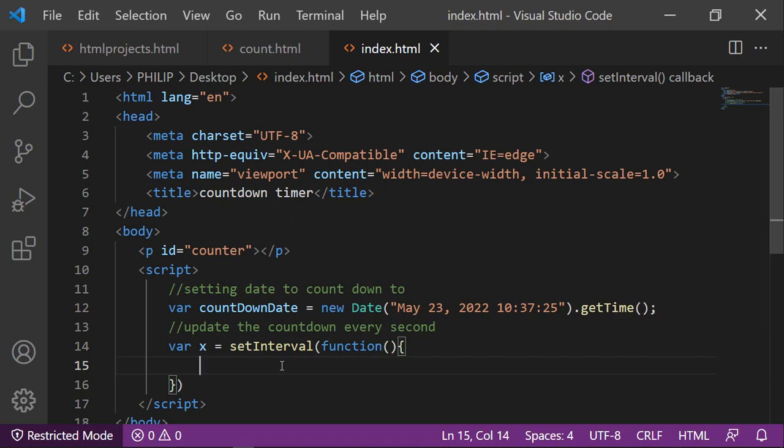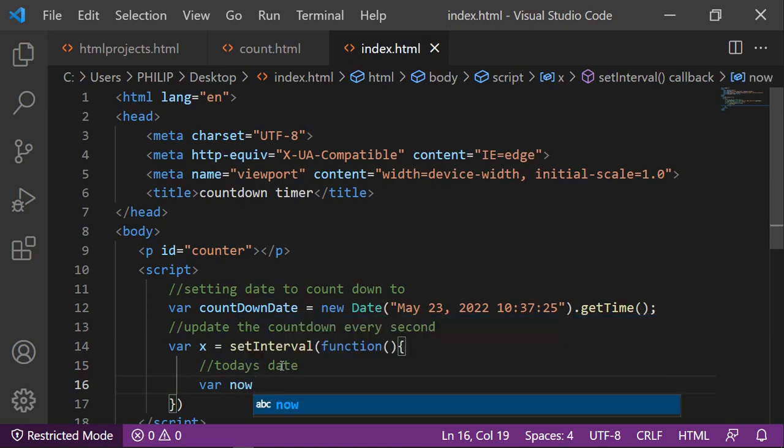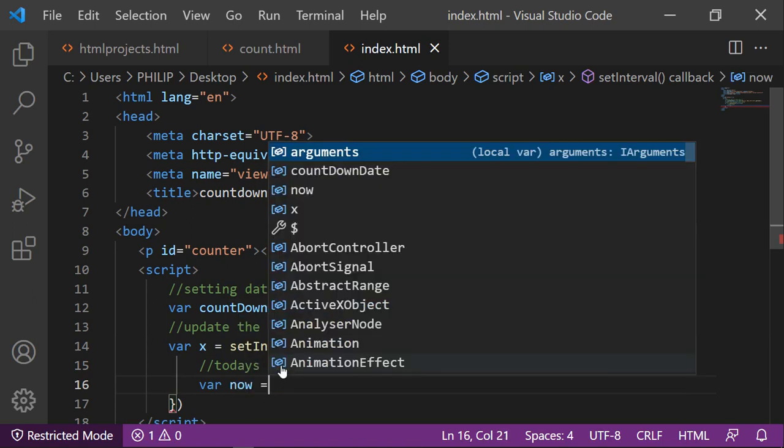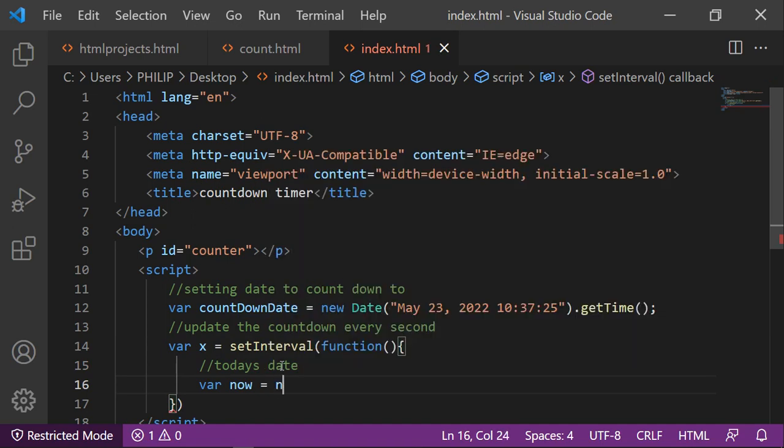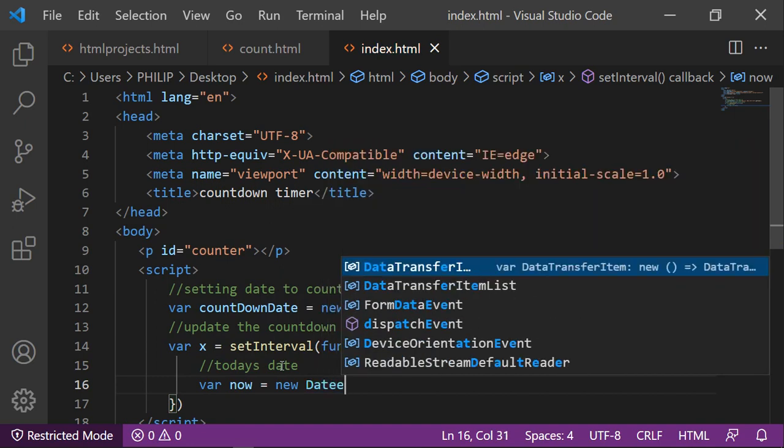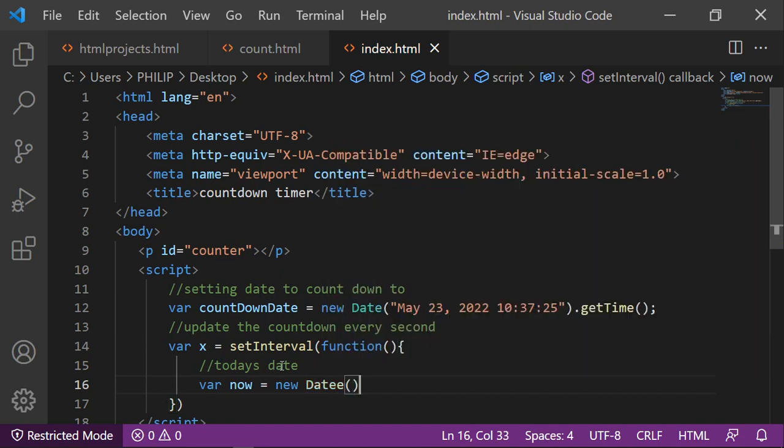Now first of all, you'll need to get today's date. Then you'll use var now. To get today's date, you use now, which is true. Then you'll use new Date, getTime. Then you'll also use the function. So this one you're getting the date, then this getTime function, which is to get